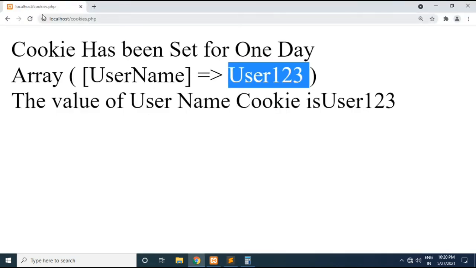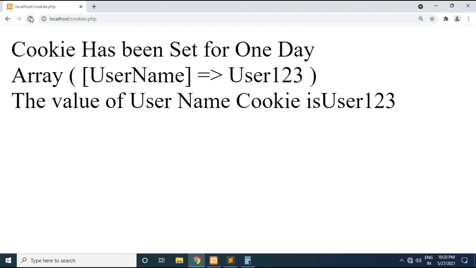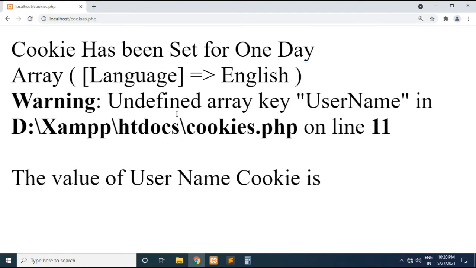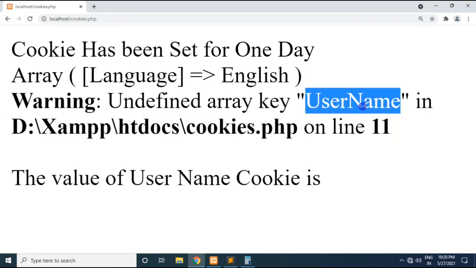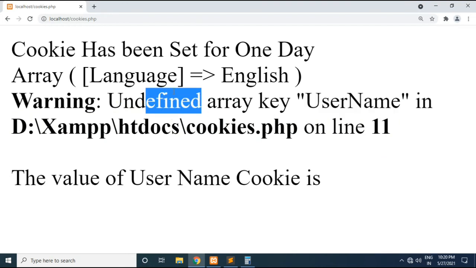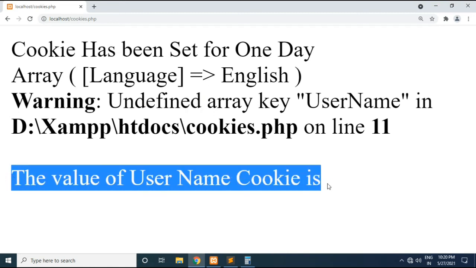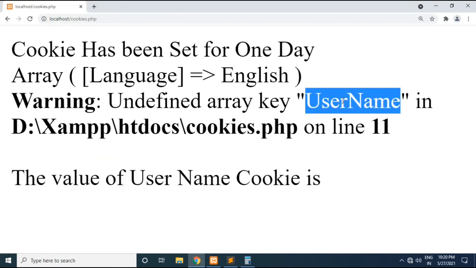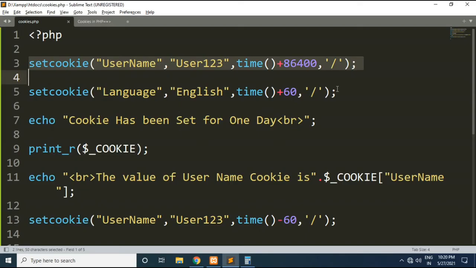Now if we go and refresh, you can see here the array key username is not available. It is undefined. Why? Because that cookie has been destroyed, and we are not getting the value of username here.